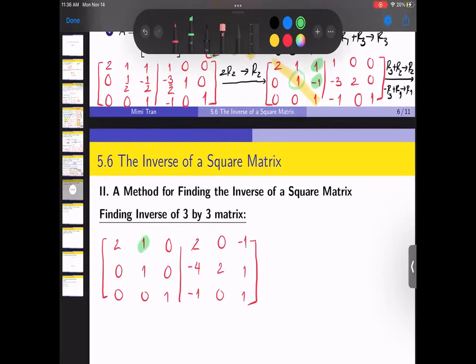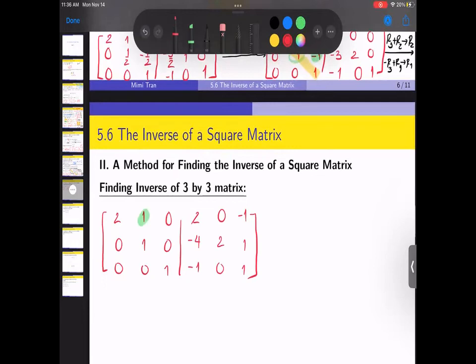What row do I use? Well, either 2 or 3, right? Can I use 3? No, right? I cannot use 3 because of the 0 here, nothing I can do with the 0. Add 1 is still 1. So your only choice is row 2, right? So multiply row 2 by,